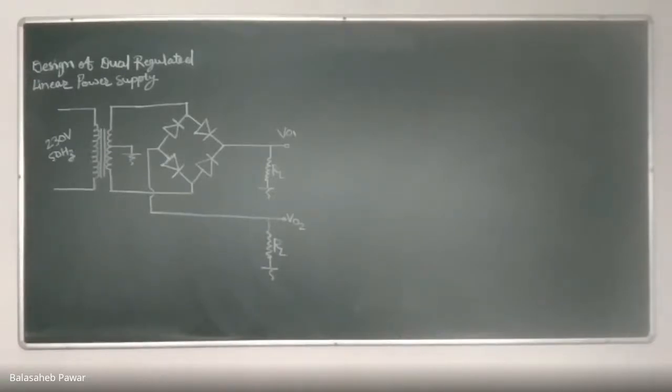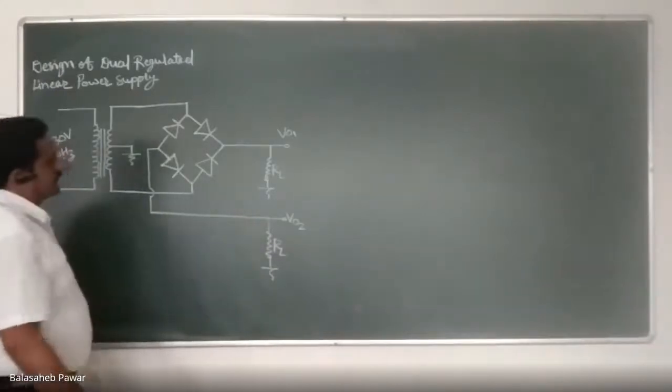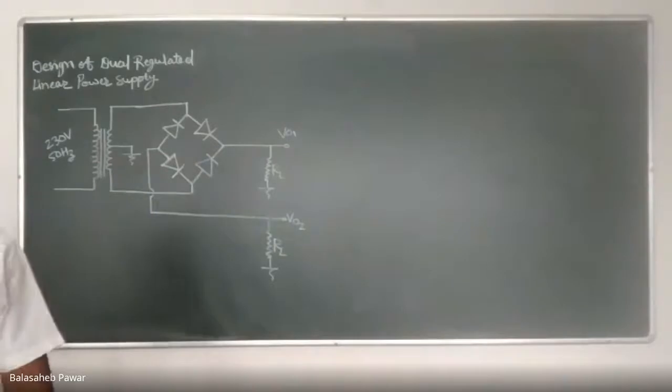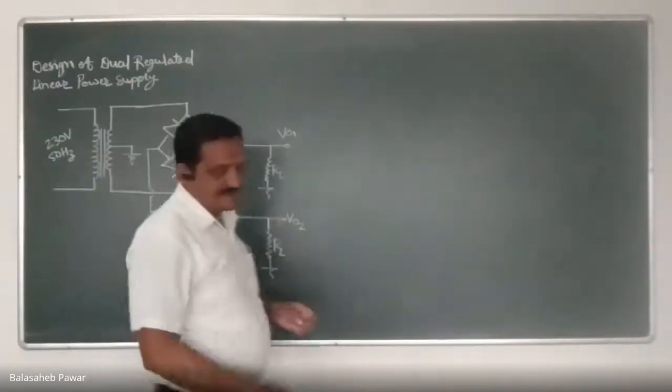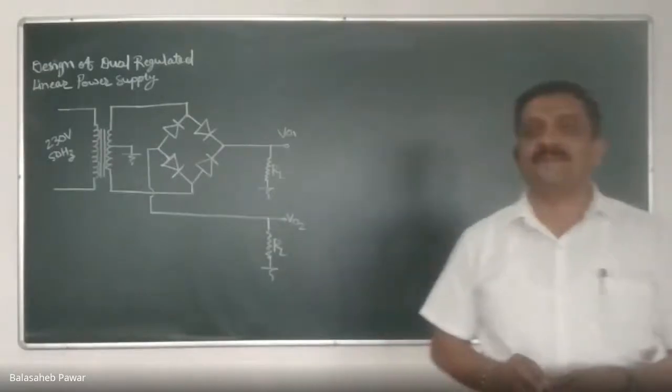Last time we already discussed partially on this topic, that is the design of dual power supply, and you will require that in the next assignment, that is the data acquisition system. That's why first of all we will complete this one and then we'll go ahead. Today during our practical session, I will again conduct based on the same circuit diagram, where we will develop the problem statement and try to design and implement. So don't miss that practical session, which is scheduled at 1:45.